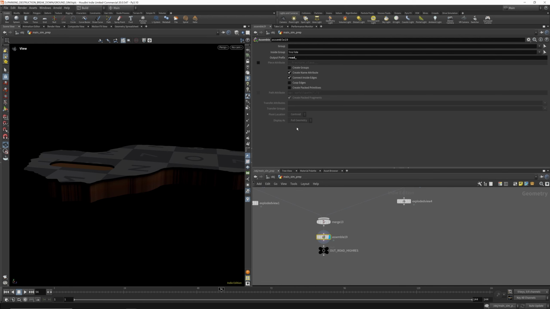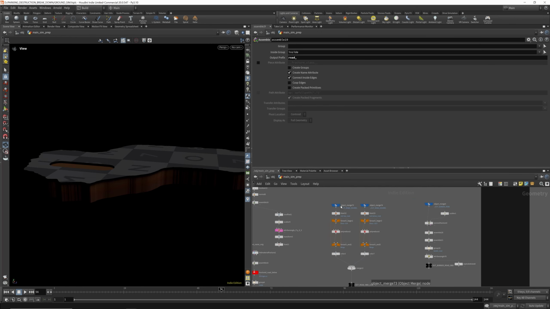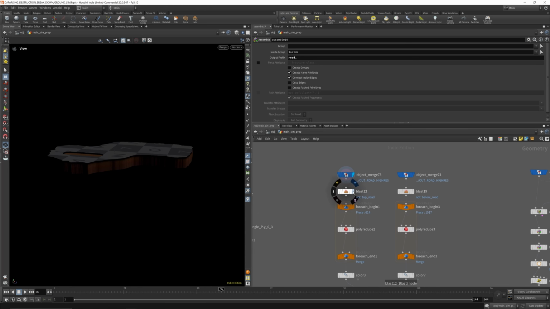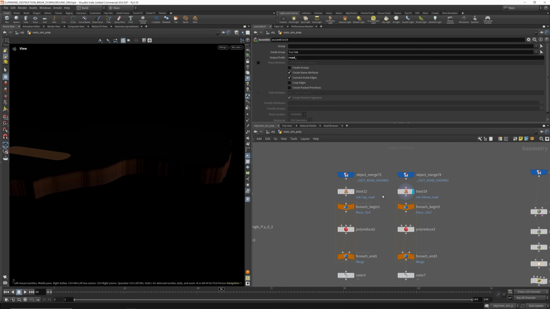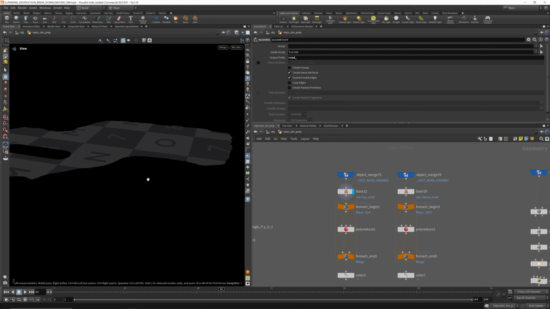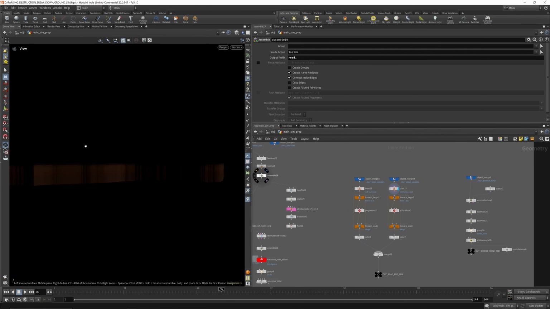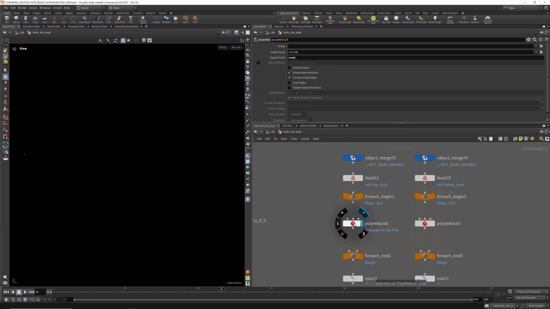Again, assemble it, create name attribute, and put out a null. Moving on, next we're just going to create a low res version. So here we're importing our high res geometry. We're blasting off the top piece, and here we're blasting away the bottom piece, and here we're blasting away the top piece, just so that we can go over these separately. And then we've got a for each loop again, and we're just